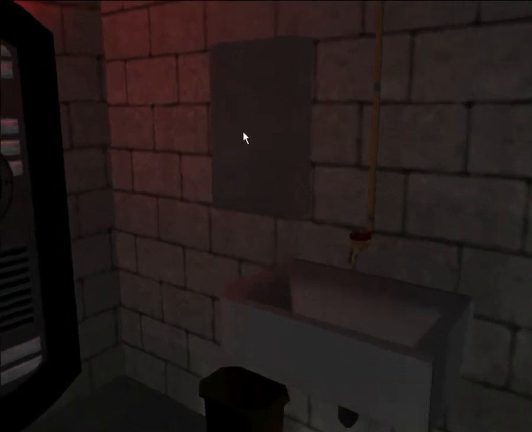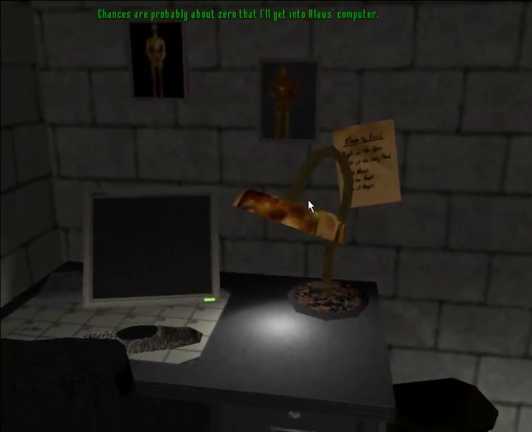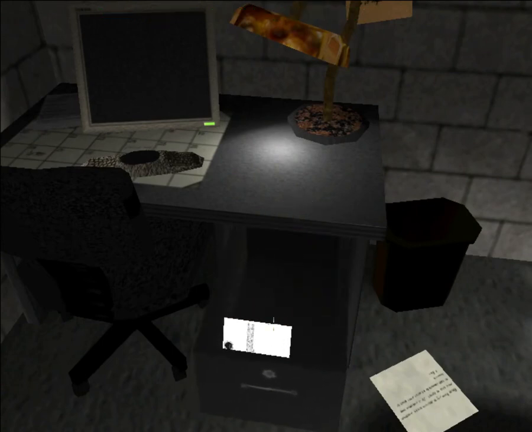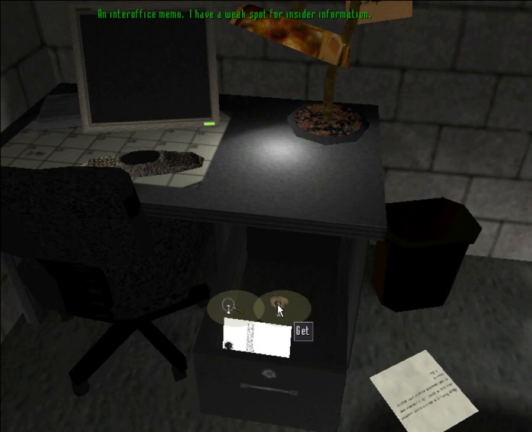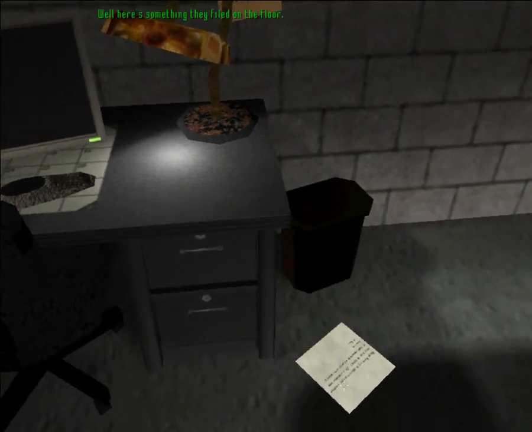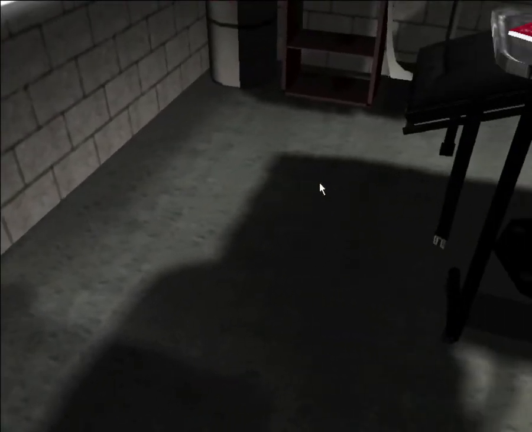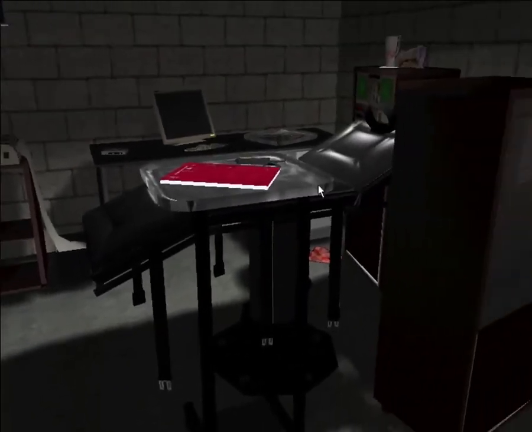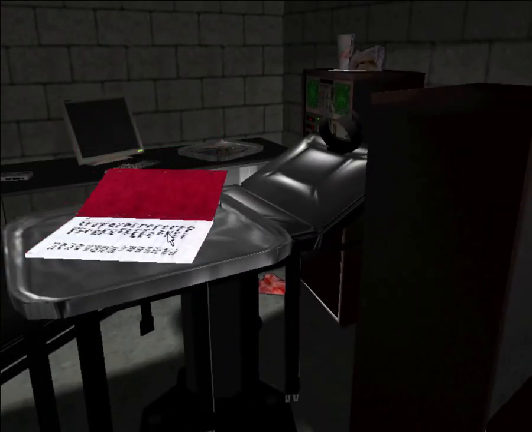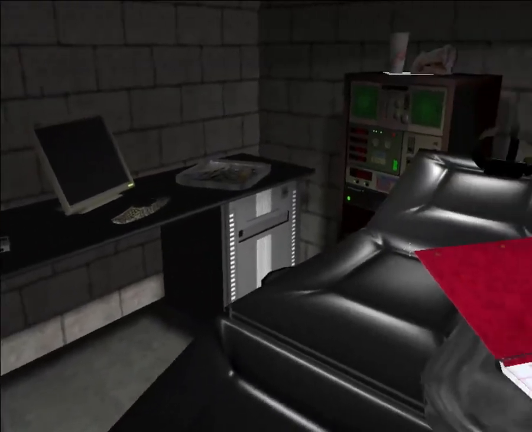Nothing here. Nothing in the trash can for once. Chances are probably about 0 that I'll get into Klaus's computer. An inter-office memo. I have a weak spot for insider information. All right. And bottom drawer. Nothing in there but cables. Well, here's something they filed on the floor. Nothing here. Okay, not sure what that was, but